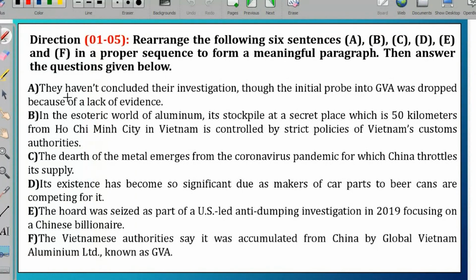Okay, so we will solve this now. First thing first, I'll read all the statements slowly. Statement A says that they haven't concluded their investigation, though the initial probe into GVA was dropped because of a lack of evidence. Okay, in the esoteric world of aluminum. Now, esoteric means difficult, hard to understand. Esoteric means difficult or hard to understand world of aluminum. It's stockpiled at a secret place, which is 50 kilometers